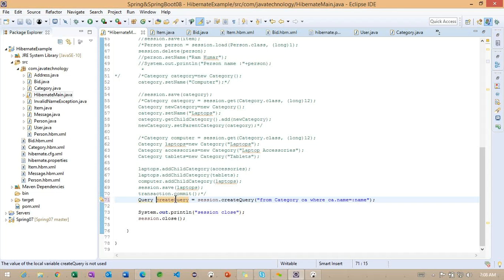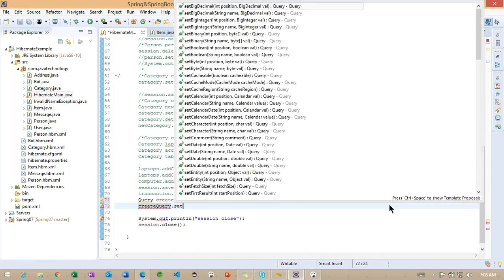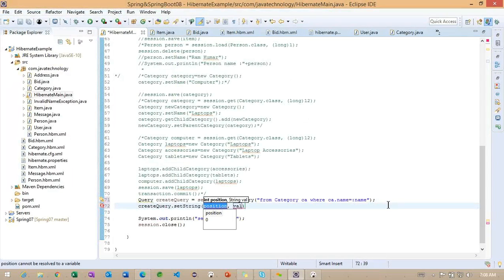Okay, now observe here. We have created one query object. Using this particular query object, what I can do here, query dot setString, and inside this particular position, what is the named parameter we are going to work with? That I'm going to specify here, something called name.